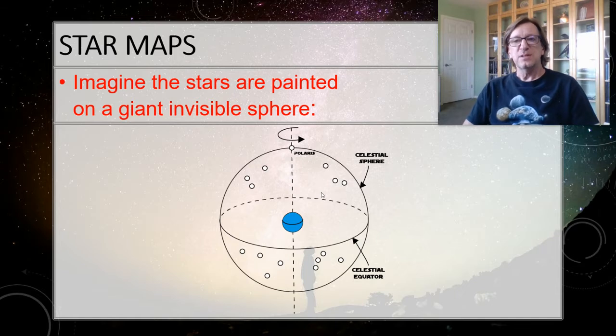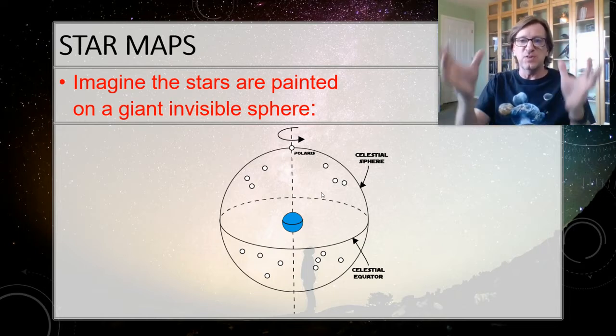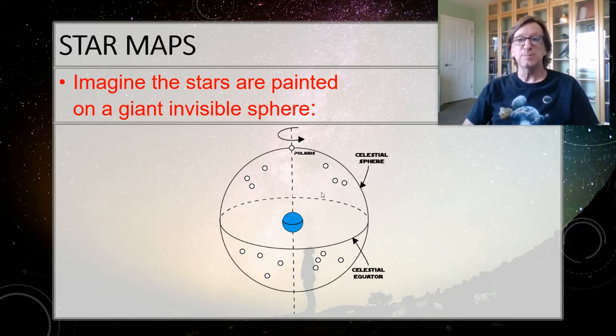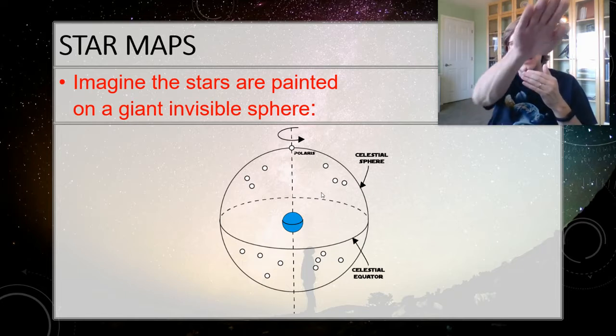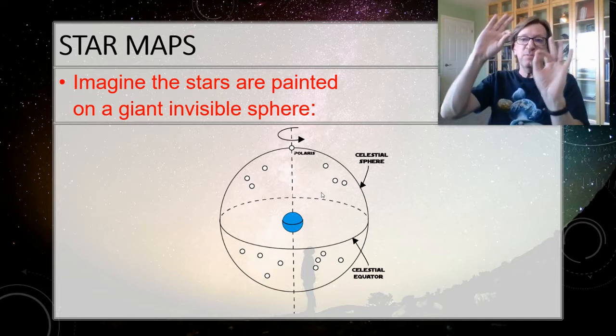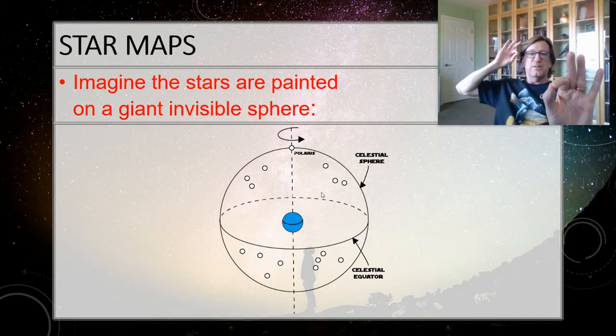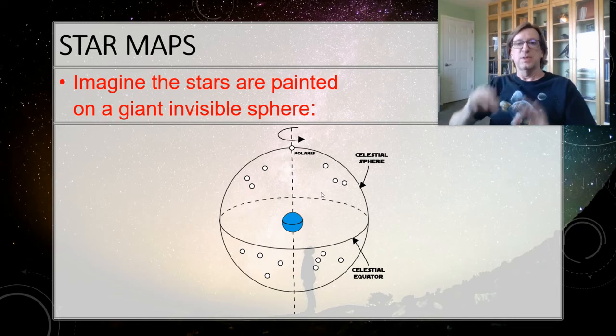All right, so to develop this coordinate system, let's imagine that all of the stars are painted on this giant invisible sphere called the celestial sphere. They're not. One of the big things I want you to get out of this class is that space is 3D. I'm going to be teaching you some methods for calculating the distance to things way out in space. You may have two stars that look like they're right next to each other in the sky, but in reality, they're nowhere close to each other. But from Earth, it looks like all of the stars are plastered on the celestial sphere.